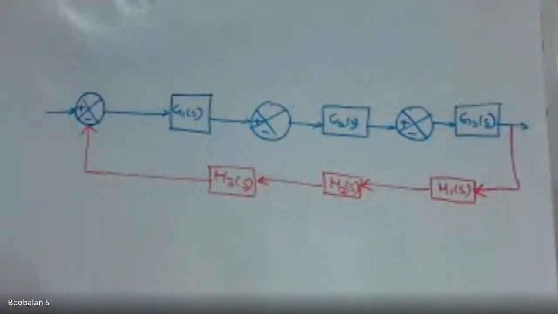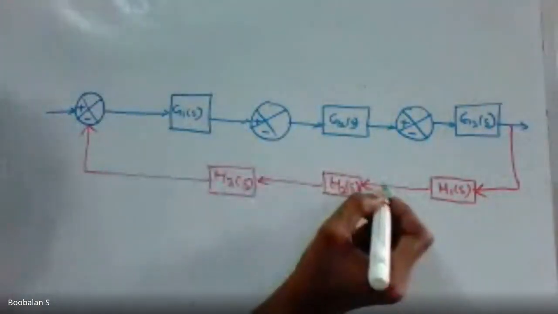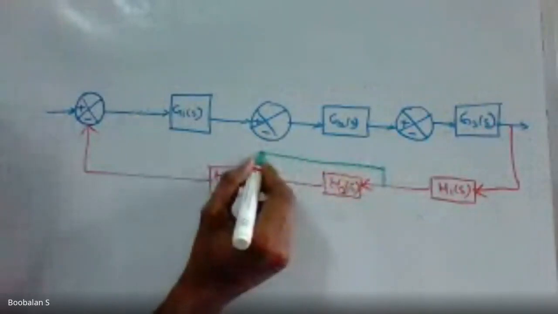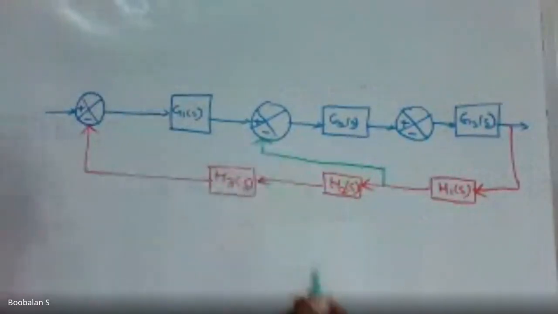But there is a small difficulty over here, right? If it is so, it will be very easy. Apply cascade and just do. It will be very easy, right? But there is a small difficulty. Now I'm just going to draw that. Now it should look like this. It will be somewhat difficult now.